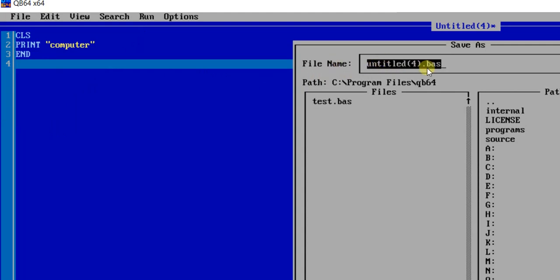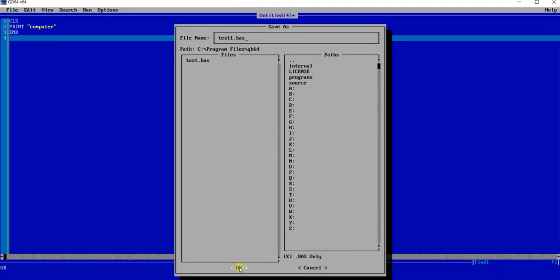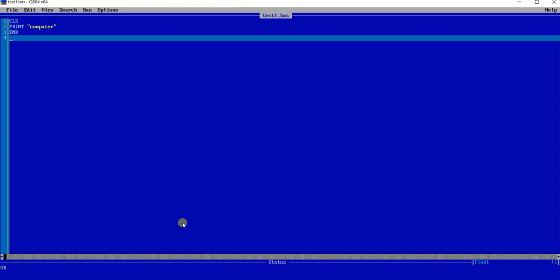Here in the file name you have to give a name. Suppose I give the name test1, and the extension or the file type of QBasic files is .bas. So you have to mention the extension with the file name also, test1.bas. If I write this and click on OK, it will be saved as test1.bas.